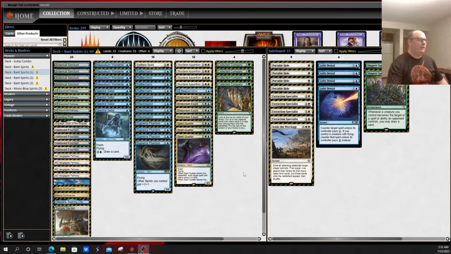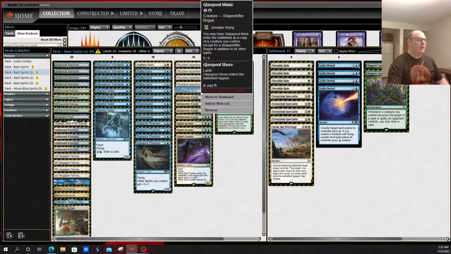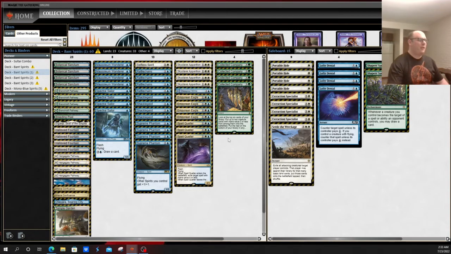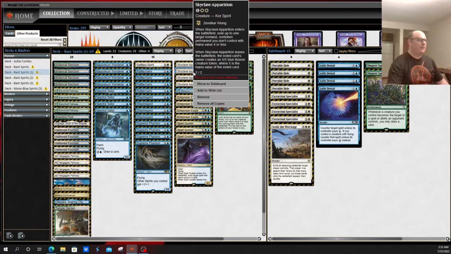This version, a little bit different when it's trying to execute. You're still playing a lot of the same colors in the main deck. Glasspool Mimic allows you to copy whatever creature you want to copy, whether you want to copy another Lord, perhaps another Shacklegeist, another Mausoleum Wonder. A lot of different things you can hit, especially off of Collected Company,